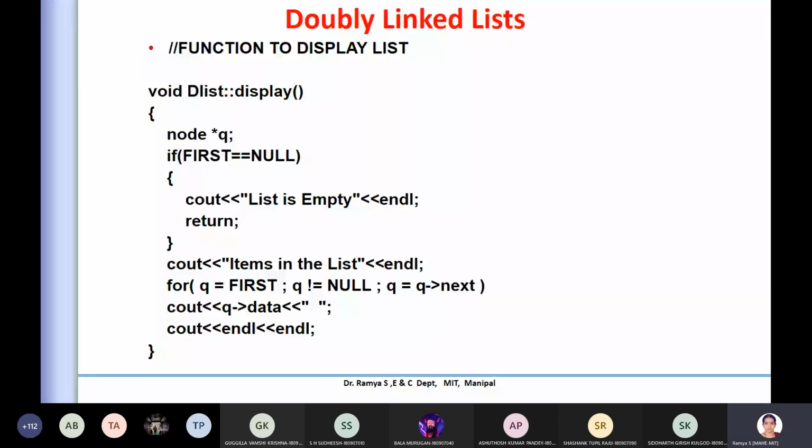Next class we will do some more examples with the concepts of doubly linked and singly linked lists. I think the quiz timetable has not come yet, but approximately next week you will be having the quiz. Am I right? 10 marks. Correct. So there will be 20 questions and 10 marks for that. So prepare all your concepts, and some of the programming part also, for the singly linked list or something like that. Any doubt?